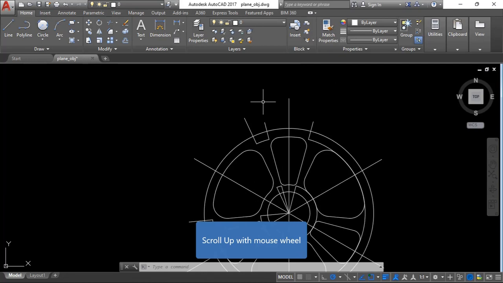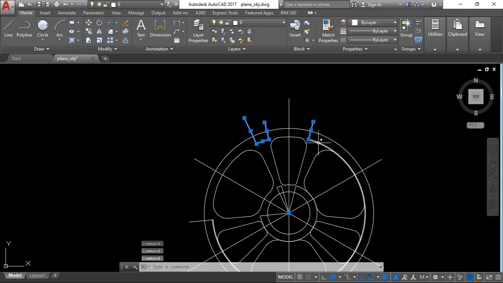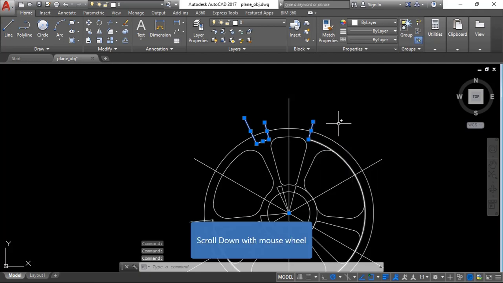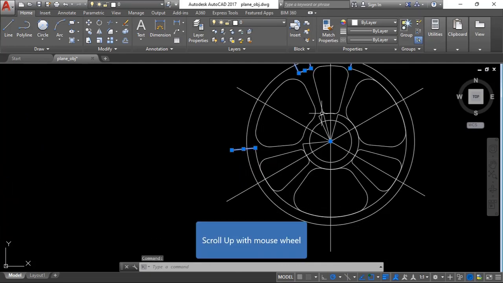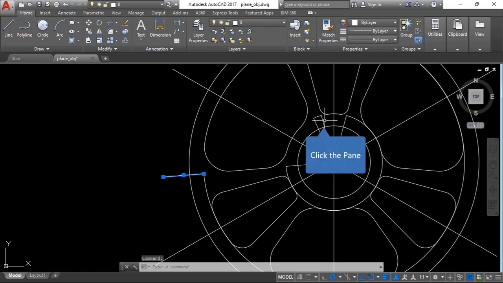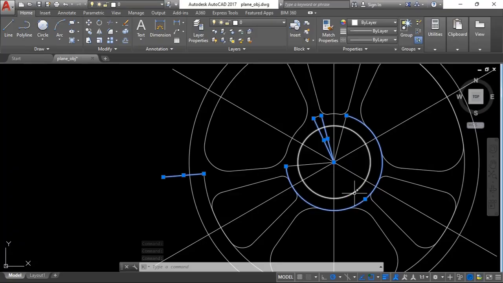So I'm going to get rid of this. And I'll leave that for now. But I'll get rid of all this, and this I think I don't need it anymore. Let me check. Yeah, I don't need that anymore, so press delete,